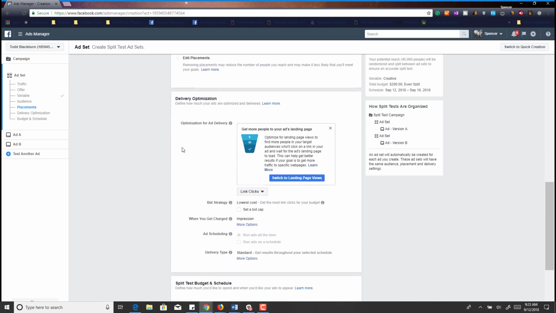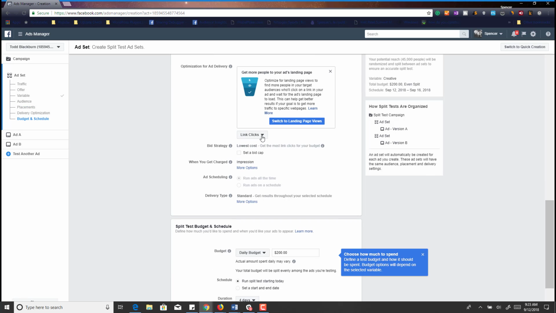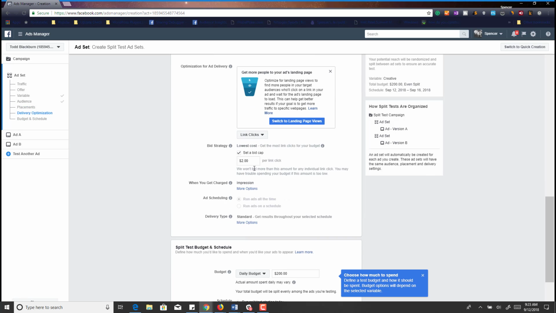We'll do automatic placements, link clicks, and we're going to set a bid cap again. I like to start it at $1. I heard an expert a while ago say that if you started at $1, the click price will go down. If you started at $2, it still goes down, but it goes down slower. And I haven't really messed with that a whole lot, so I just always start them at